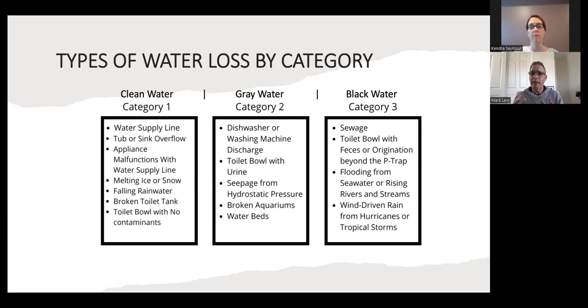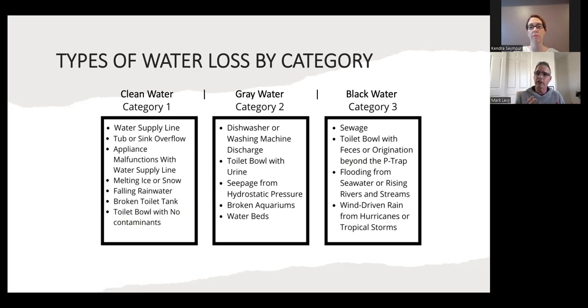The more that time expires, the more it can graduate to really what the worst would be, which would be a category 3. They claim it to be black water. What that could be is like a sewage loss. It could be actually wind-driven rains from hurricanes or tropical storms. It could be water that's migrated in from floods, things of that sort, but it is grossly contaminated type of water. So all of these different types of water events actually have some severity that's associated with it, and it